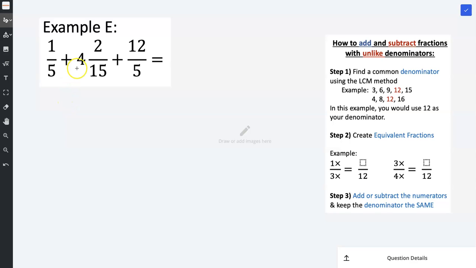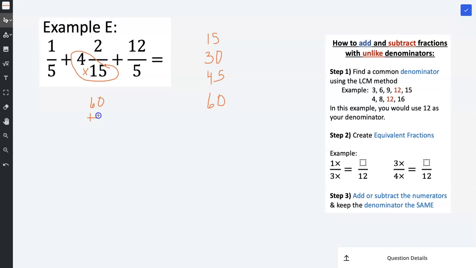Example E, I'm going to start by multiplying the whole number by the denominator to change this mixed number to an improper fraction. All right, 4 times 15, I could multiply it, but I think it's useful to have our 15s memorized, so let's think about it. 15 times 1 is 15, 15 times 2 is 30, then another 15 is 45, and then 4 of them, that's going to give us 60. All right, so 4 times 15 is 60,